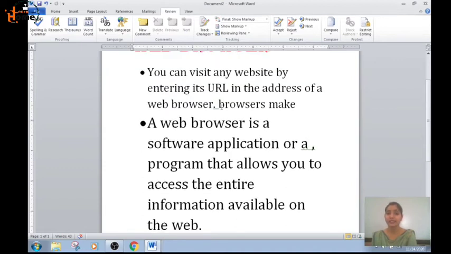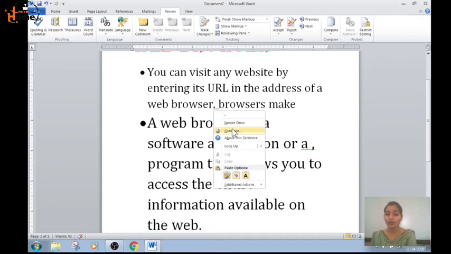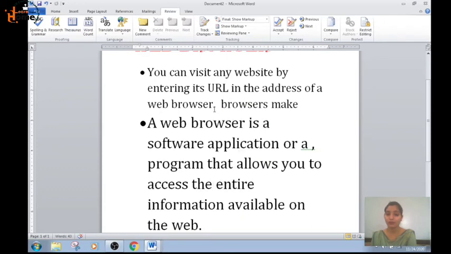Next, this green wavy line, what does this indicate? That here is a grammatical error. I will right click, and all the grammatical errors appear. See the first one, full stop. Before the full stop I have given a space. It is wrong. You need not give a space. This was the error. It has corrected it. Now here is the green wavy line.